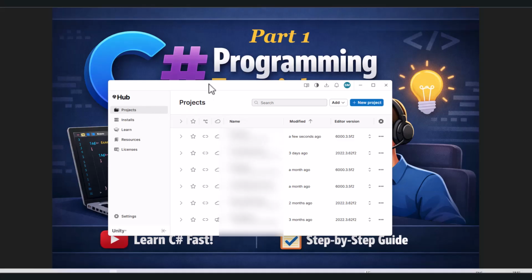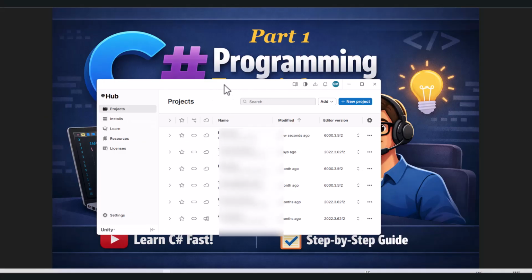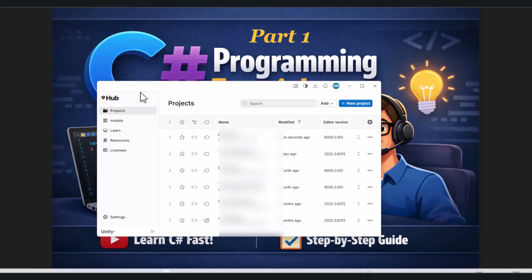If you don't have it, please see other videos for installing Unity, and you will see lots of videos for the installation. After you have installed Unity, you will get this Hub. If you are very new, just go to Create new project. I'm starting a totally new project here. So, clicking New project,